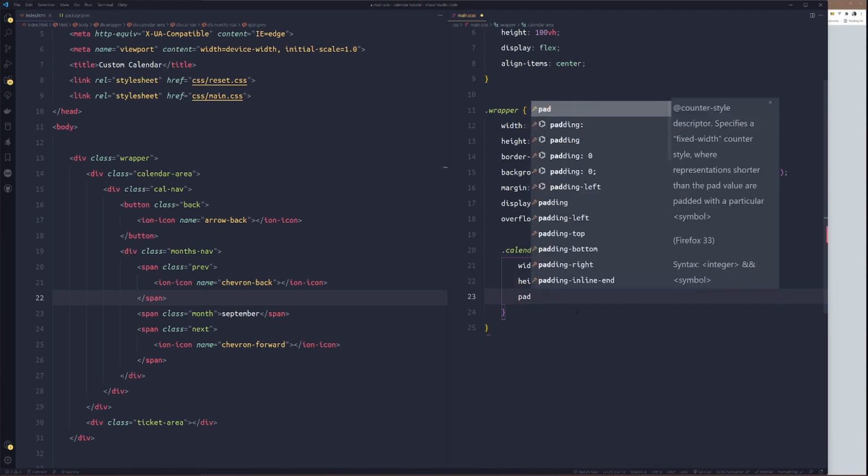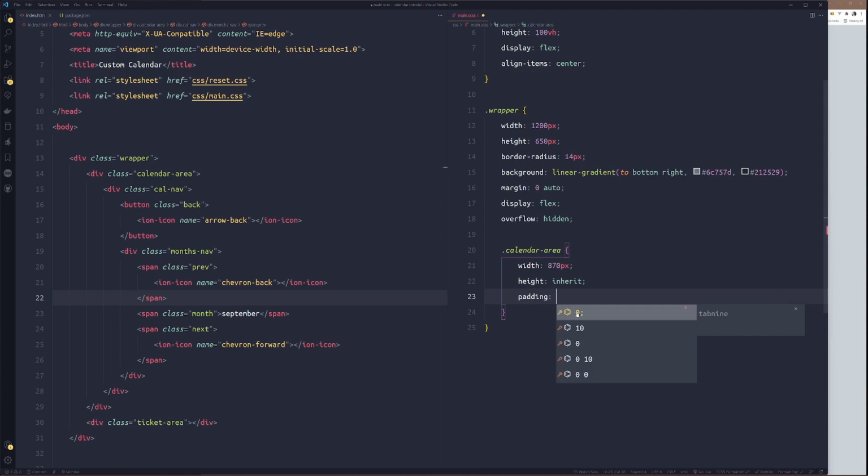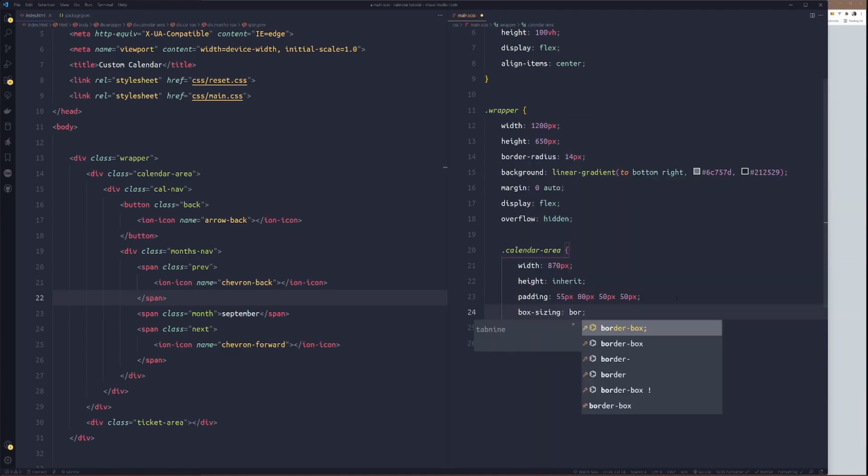I'll set padding. So 55 pixel for the top, 80 pixel for the right, 50 pixel for the bottom, and 50 pixel for the left. So 55, 80, 50, 50. Then box sizing, so border box.